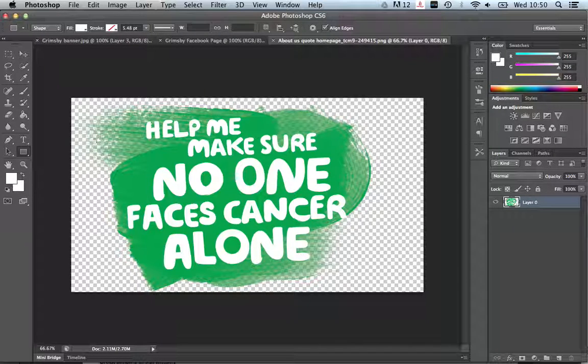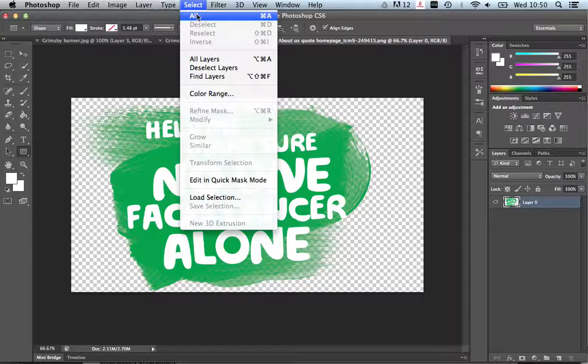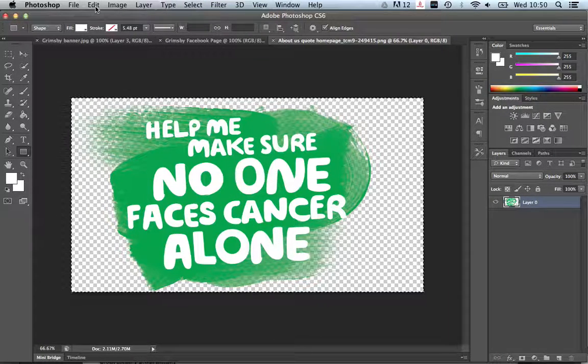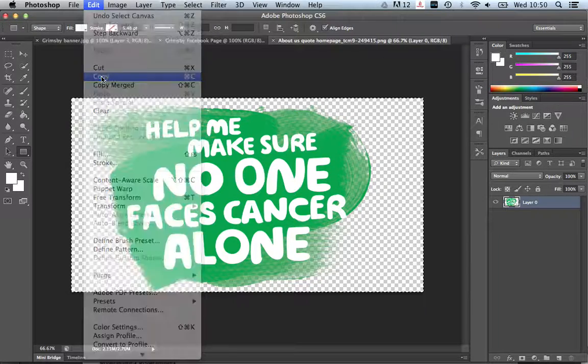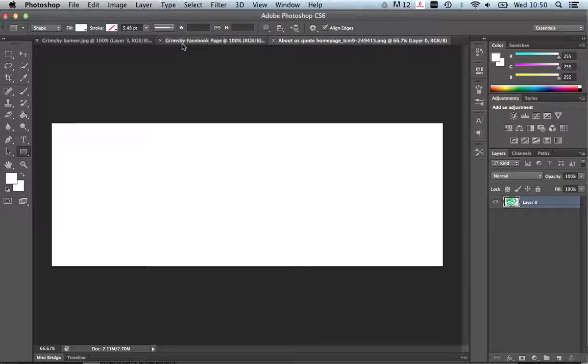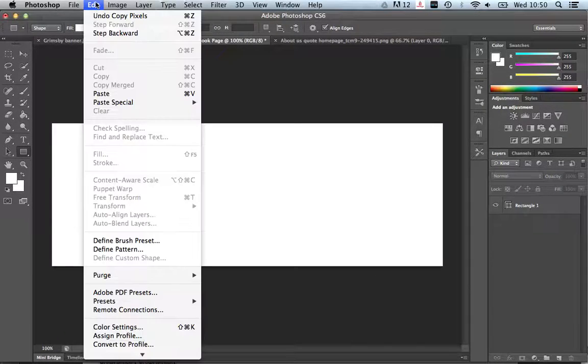So what I'm wanting to do is select all of this. This checkerboard effect means that it's got a transparent background. So if I go to select all, and then I want to copy, so edit, copy, and then if I go back to my banner, and if I do edit and paste,